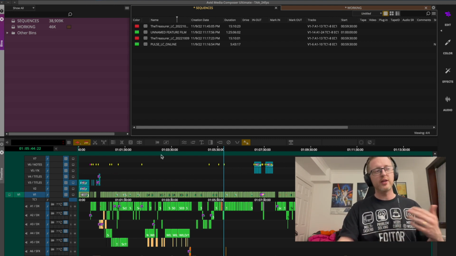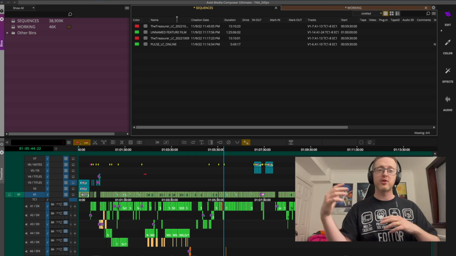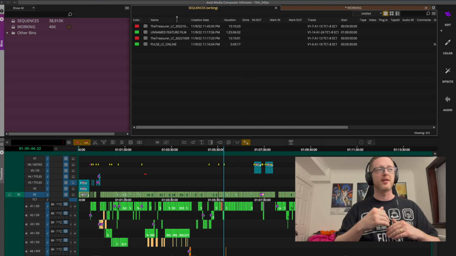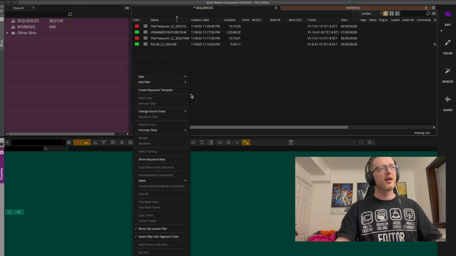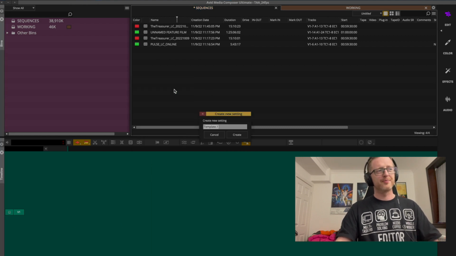So if there's a certain way you like your timeline to be generally laid out, or if you have a few different ways you like them laid out for different purposes, you can have those saved as templates and just call them up at will. So to make one of these, if you right click in your timeline area and go create sequence template,